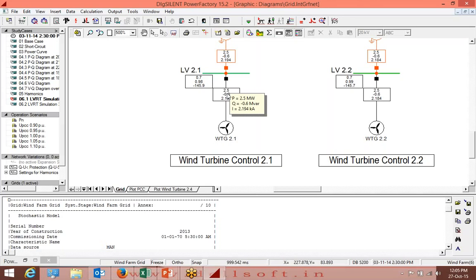So do you have any lower voltage? Like, this example is fine, this very nicely detailed example is there. Do you also have any other examples where you are modeling the customer end? For that, I will send you. Like the cases where the power flow is reversed, where power is coming from the customer side towards the grid. Do you have such cases? No, sir, right now I don't have that, but I will definitely search and send you regarding that.